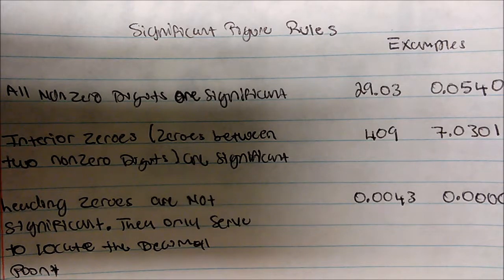So in this video, we're going to talk about the significant figure rules. And so there are 4 rules. The last rule we've got to be careful of. So the first rule says that